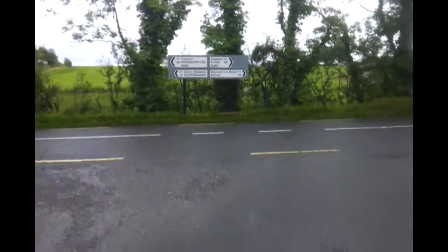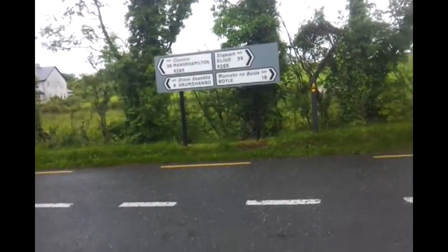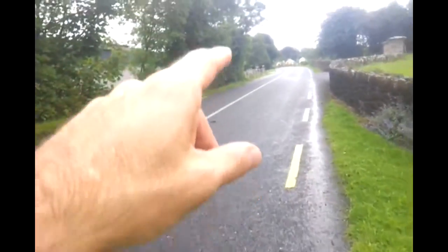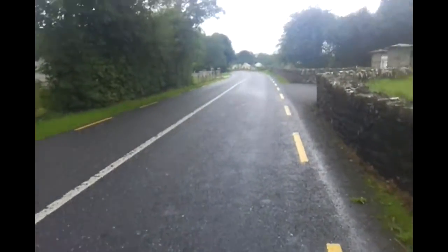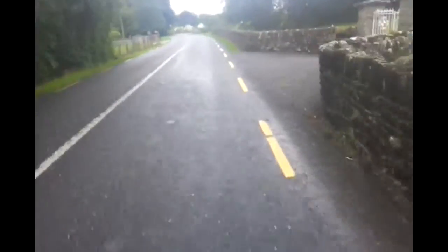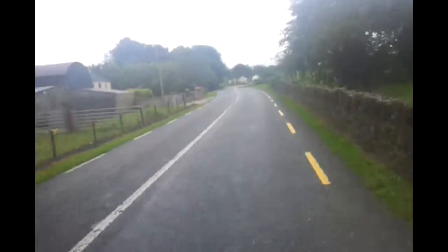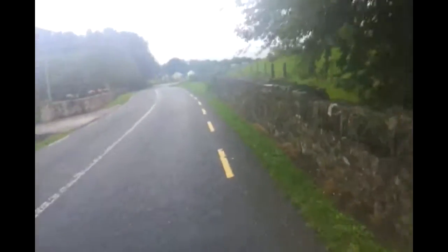Miners Way. We hit the main road. Where are we, lads? Is that the main road that we've come across a couple of times? I think it probably is, because here is the village. Is this the end of Route 7, I wonder? Let's have a look and see where we are. We've done 13.5 miles approximately, so I'm hoping that this is...